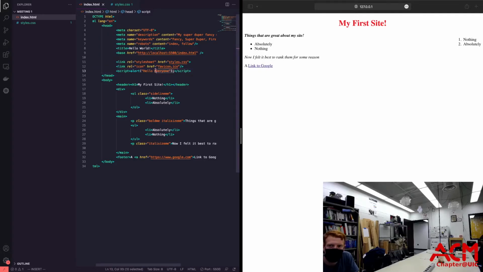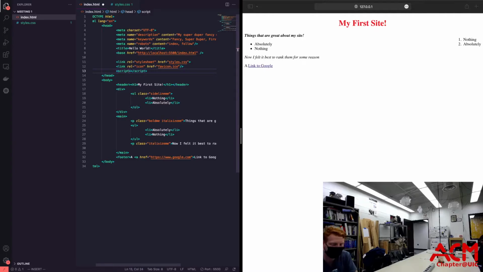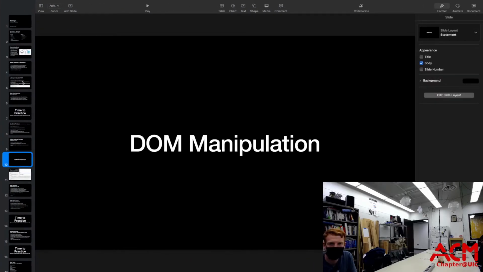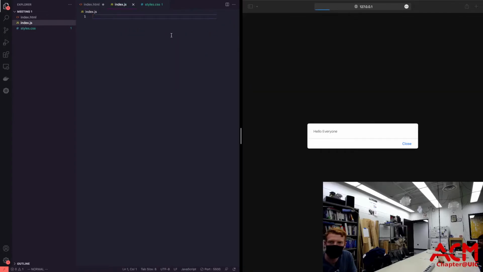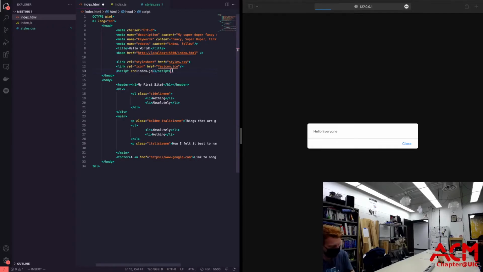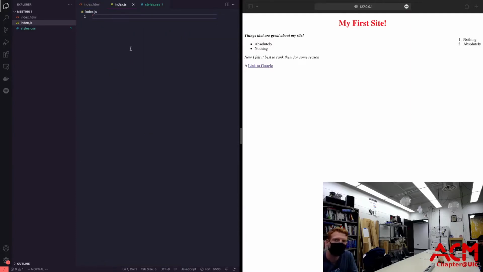So we don't want to do this inside the script tag here. We want to move this into its own file. So we're going to leave the opening and closing here, but we're going to have to create a file. Source equals, and we're just going to do index.js, for example. I'm going to create the file here, index.js. Now we have a JS file. And now we save this. Nothing should pop up. But if we do the alert here now,